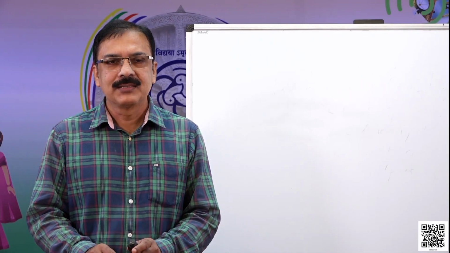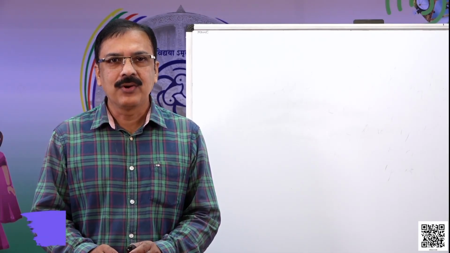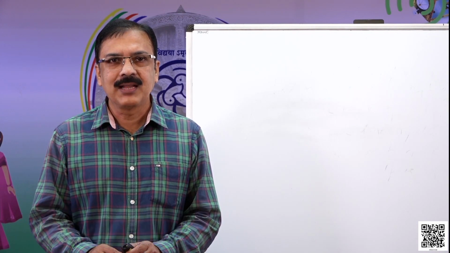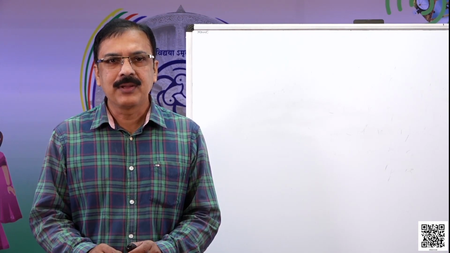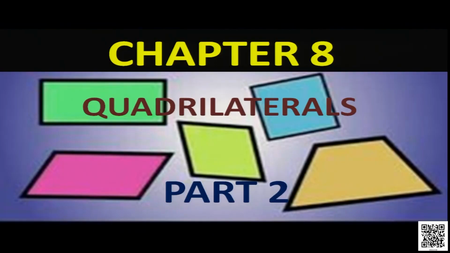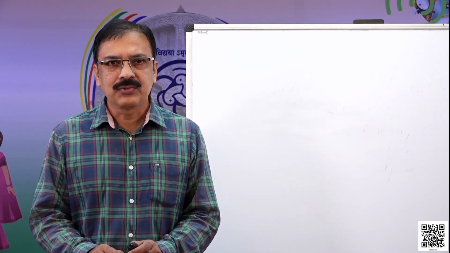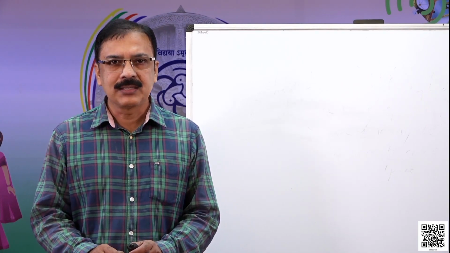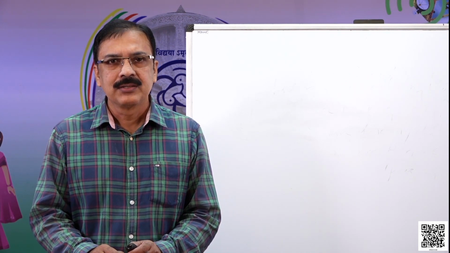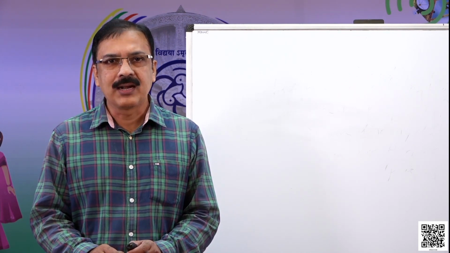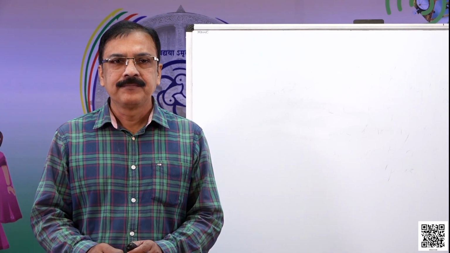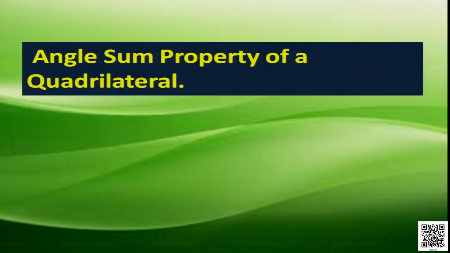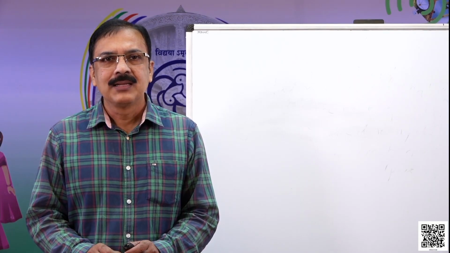Welcome dear students. Today we are going to discuss from class 9 mathematics book chapter 8 Quadrilaterals part 2. Dear students, in the earlier session we discussed something about quadrilaterals. What are they? The angle sum property of a quadrilateral means the sum of the interior angles of a quadrilateral is 360